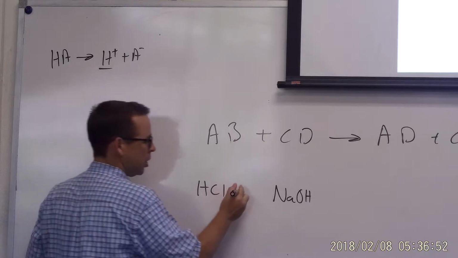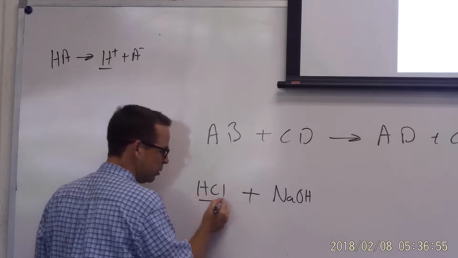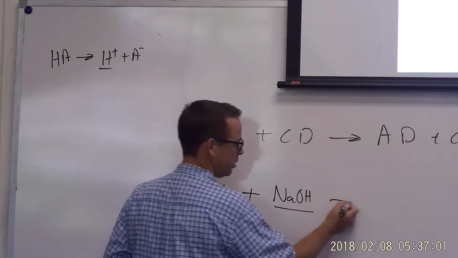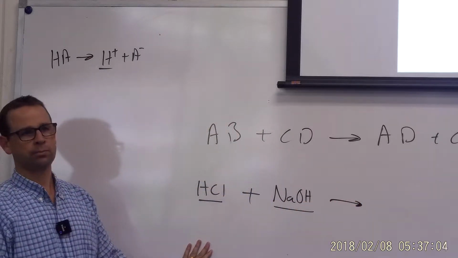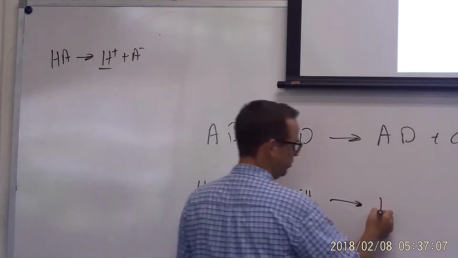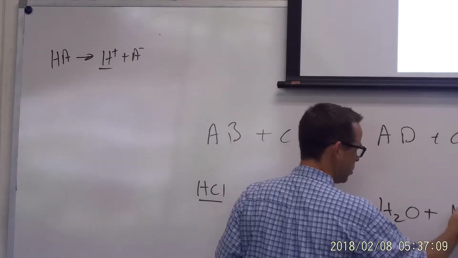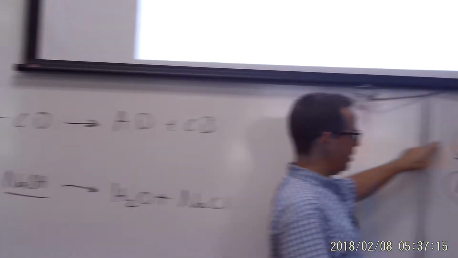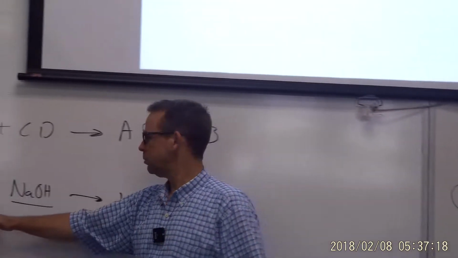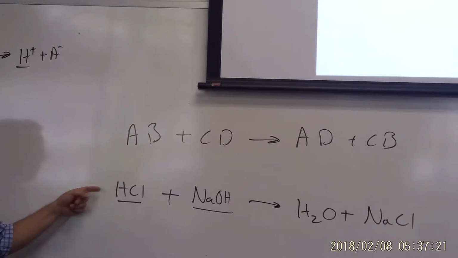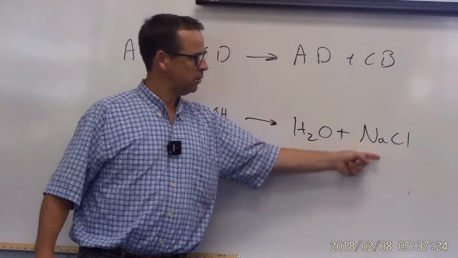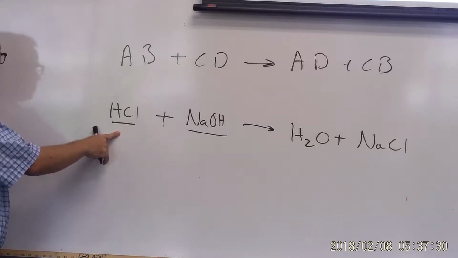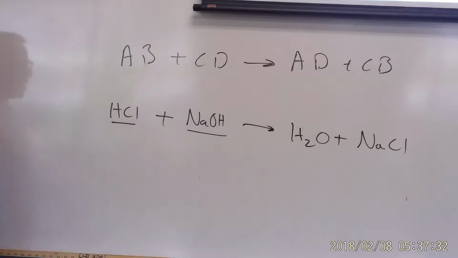Okay? So we've talked a little bit about how if you combine an acid and a base, following this model, what will our products be here? H2O and sodium chloride, NaCl. Now, there's the chemical reaction, like this one. Can I write the ionic reaction for this one here? I need to look at everything that would dissociate and write it as ions. Will HCl dissociate when it's placed in water? It will, because it's a